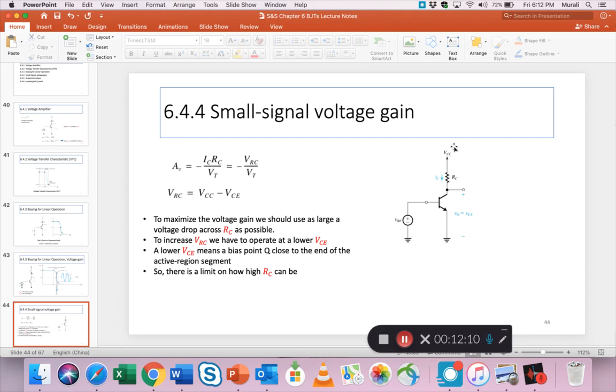Assuming you have a fixed VCC, you can only go so high on the RC without running into saturation problems. Also note that the AV has a negative sign, so what that means is the input is inverted when it comes to the output. Okay, so these are some properties of the gain,